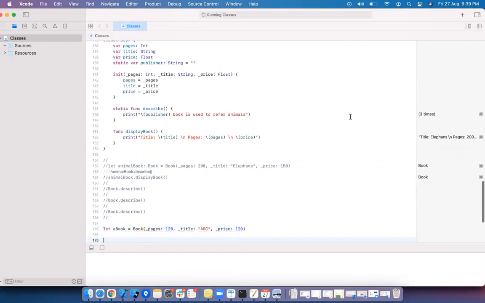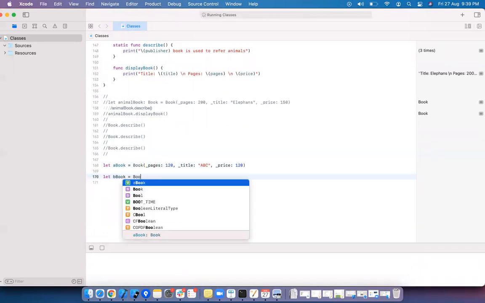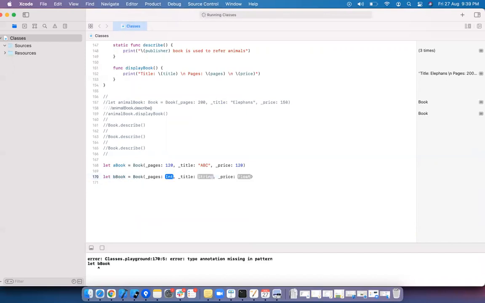Let B book equal to book, pages 210, PQR, 190, 191. This book is entirely different.